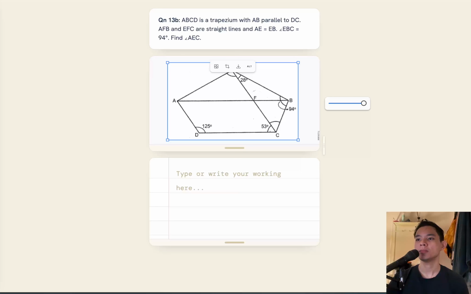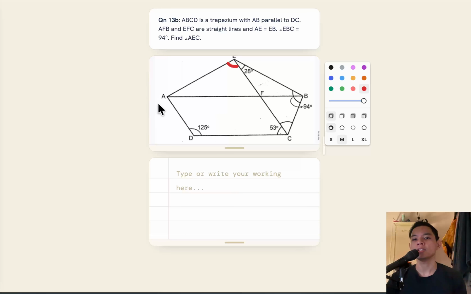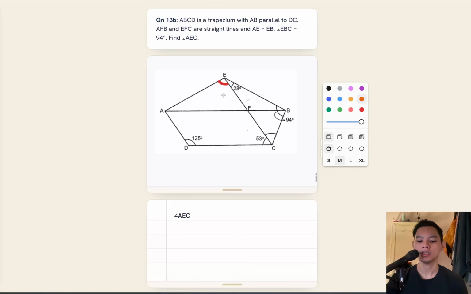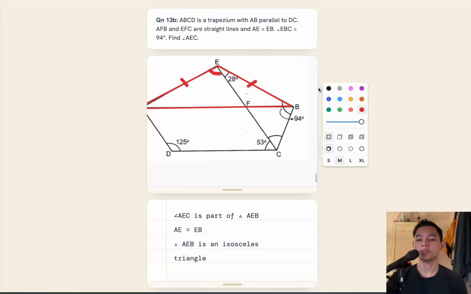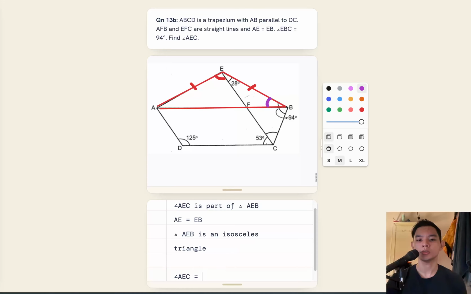So question 13 part B, find angle AEC, which is this gray angle over here. So how do you find angle AEC? What's angle AEC part of? AEC is actually part of this triangle over here, triangle AEB. The thing also is that from the question, AE is equal to EB, which makes triangle AEB an isosceles triangle. So if you were to figure out one of the angles, in this case, let's say angle EBA or EBF,